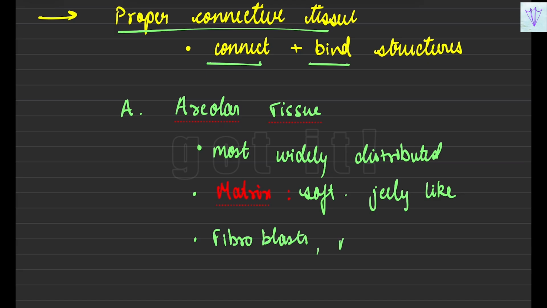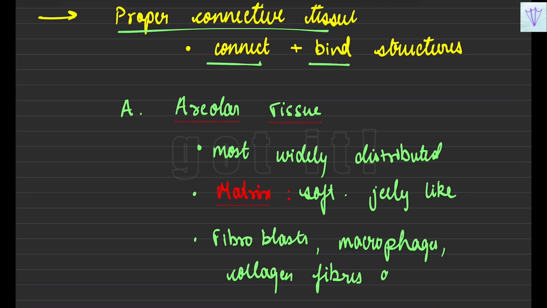fibroblasts, macrophages, collagen fibers, and elastic fibers. But as per your class, you don't have to remember all this, that is the fibroblasts, macrophages. But just for information, so that you can write it down in your notes, I'm mentioning it, but you can remember it has matrix, is soft, and jelly is more than enough for